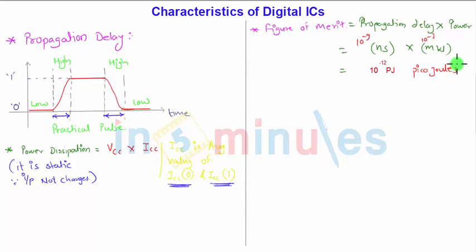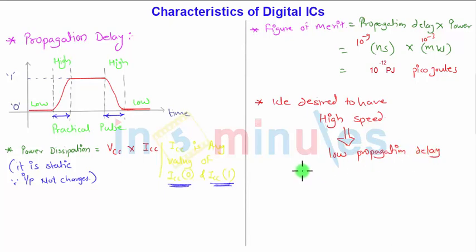But the figure of merit is also necessary, because in a digital circuit, if we desire high speed, it means the propagation delay should be very low. That is the key point here. We always desire to have high speed. We get high speed on the basis of low propagation delay, and due to this low propagation delay there is an increase in power dissipation. It means if you need faster operation, then more heat will be dissipated. This power dissipation is majorly in the form of heat.